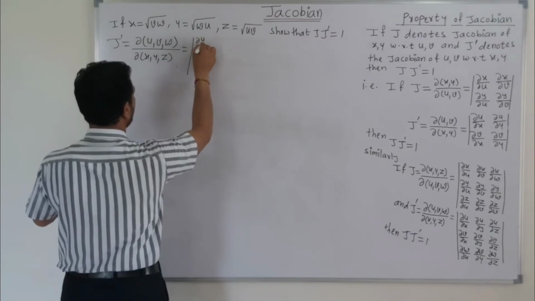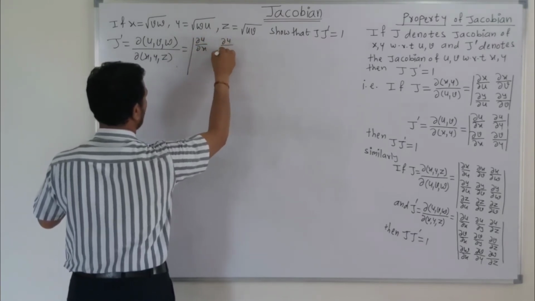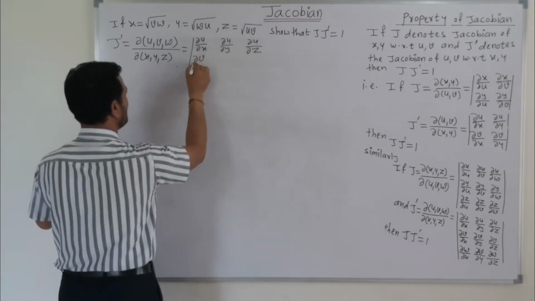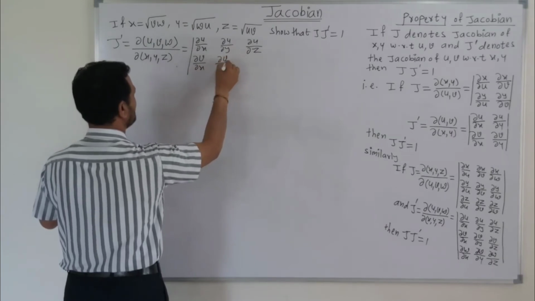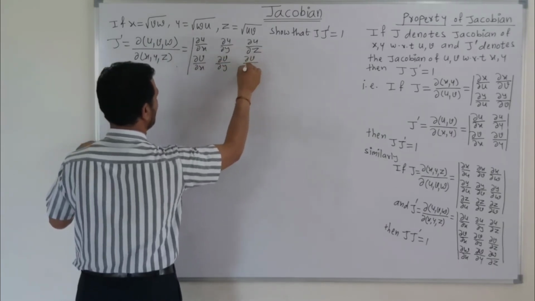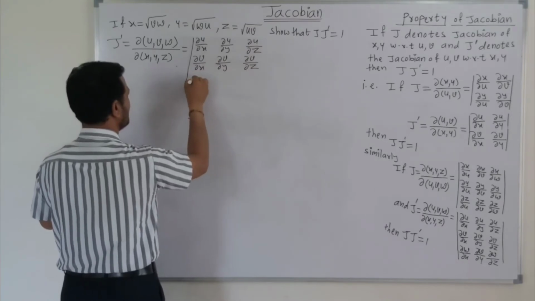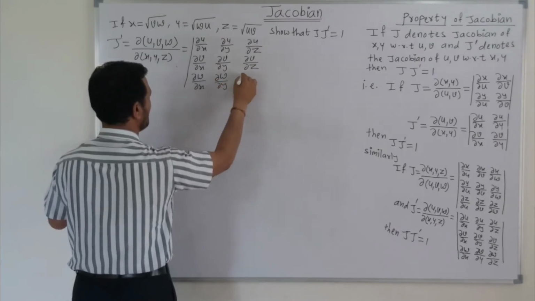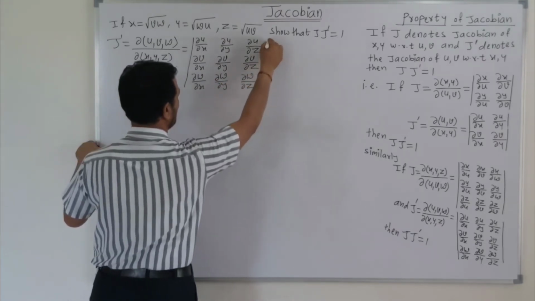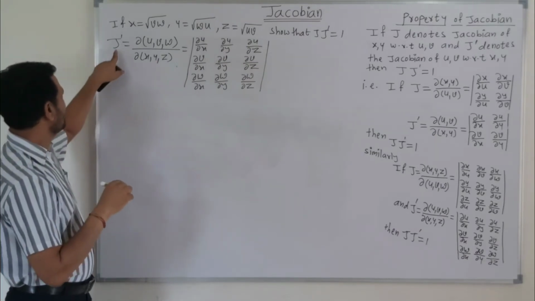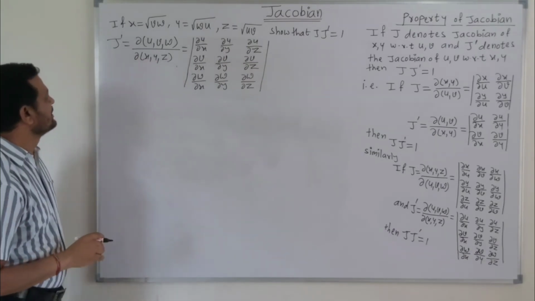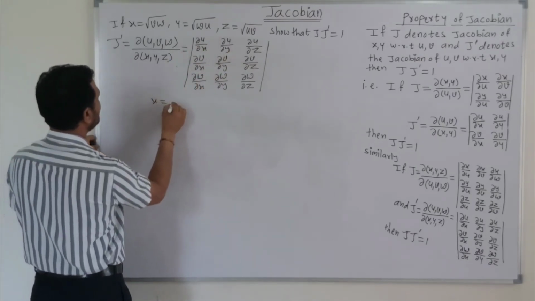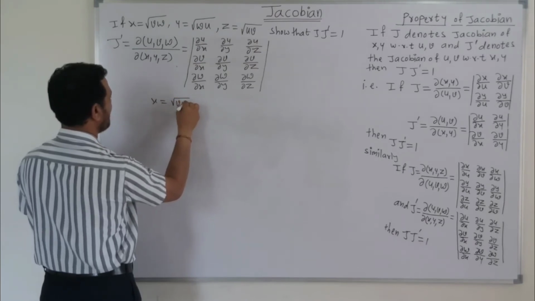partial derivative of u with respect to x, partial derivative of u with respect to y, partial derivative of u with respect to z. Similarly, partial derivative of v with respect to x, y, and z. Then partial derivative of w with respect to x, y, and z. So this is the definition of z dash, the partial derivative of u, v, w with respect to x, y and z. Now to find out this determinant, here the value of x is given as root of vw,